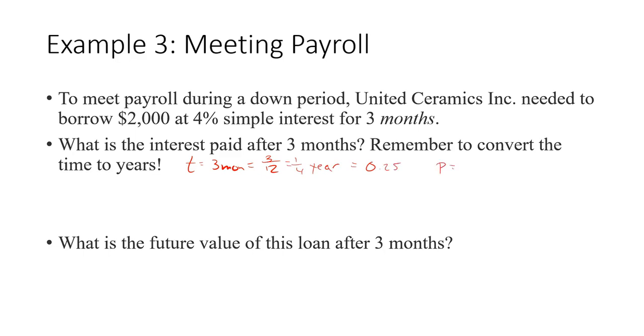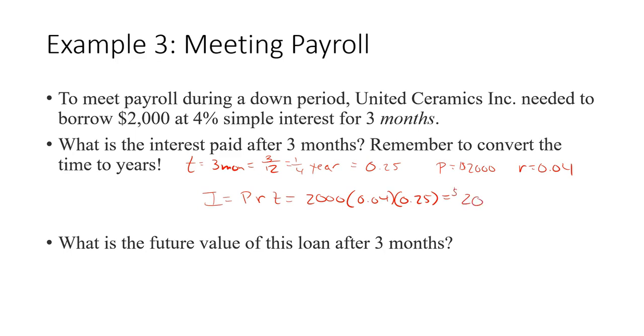The principal is $2,000, and the interest rate is 4%, 0.04. To find the interest paid, that's going to be the principal times R times T. So 2,000 times 0.04 times 0.25,